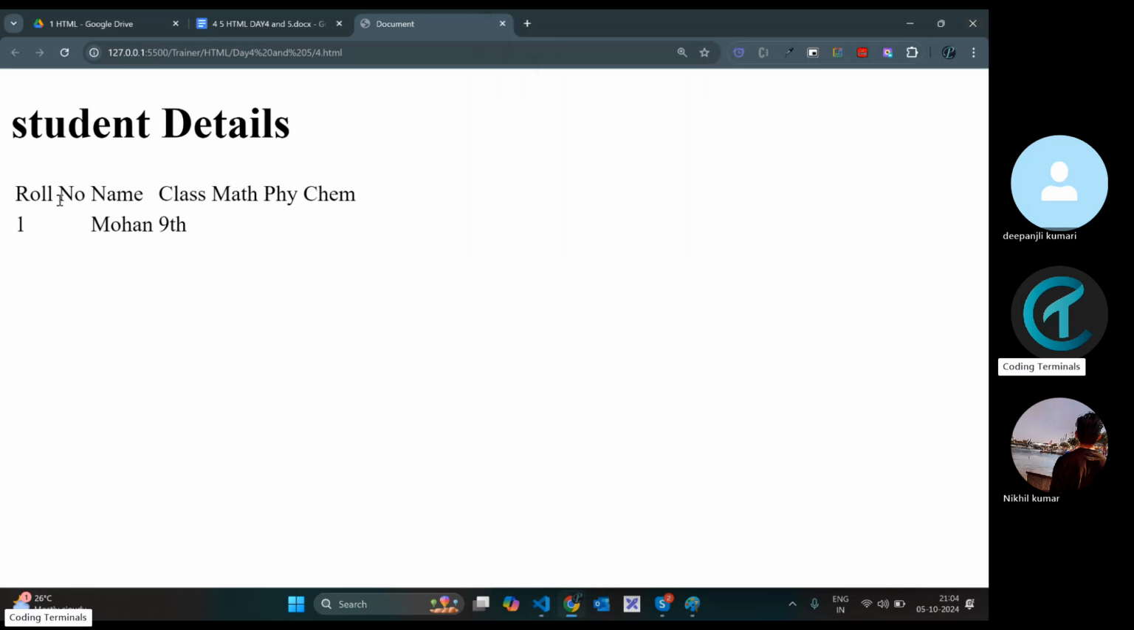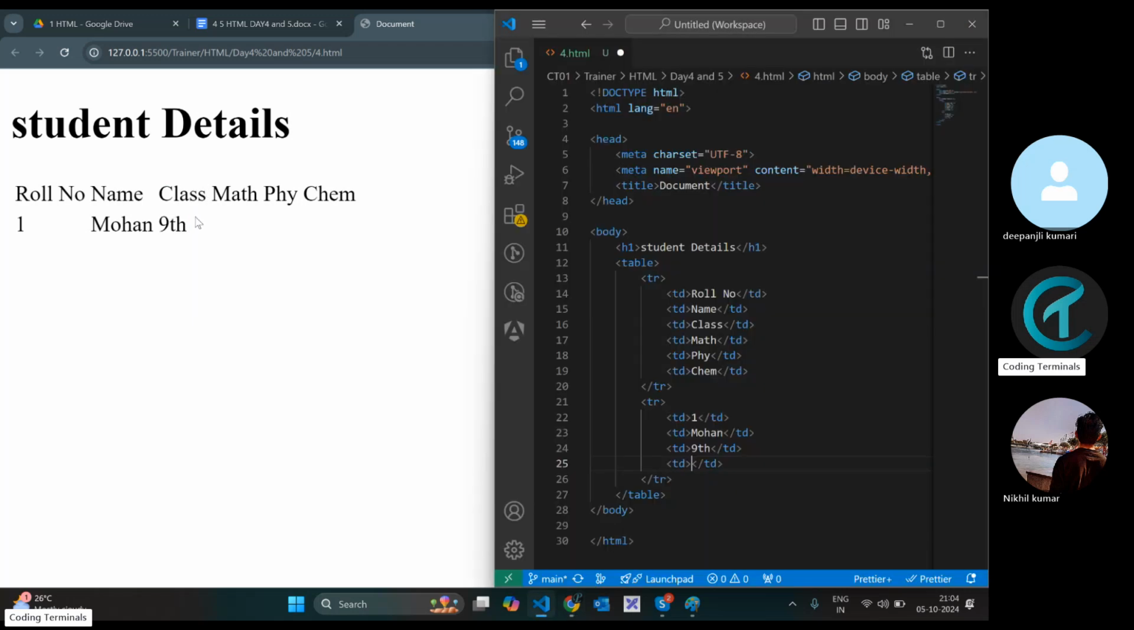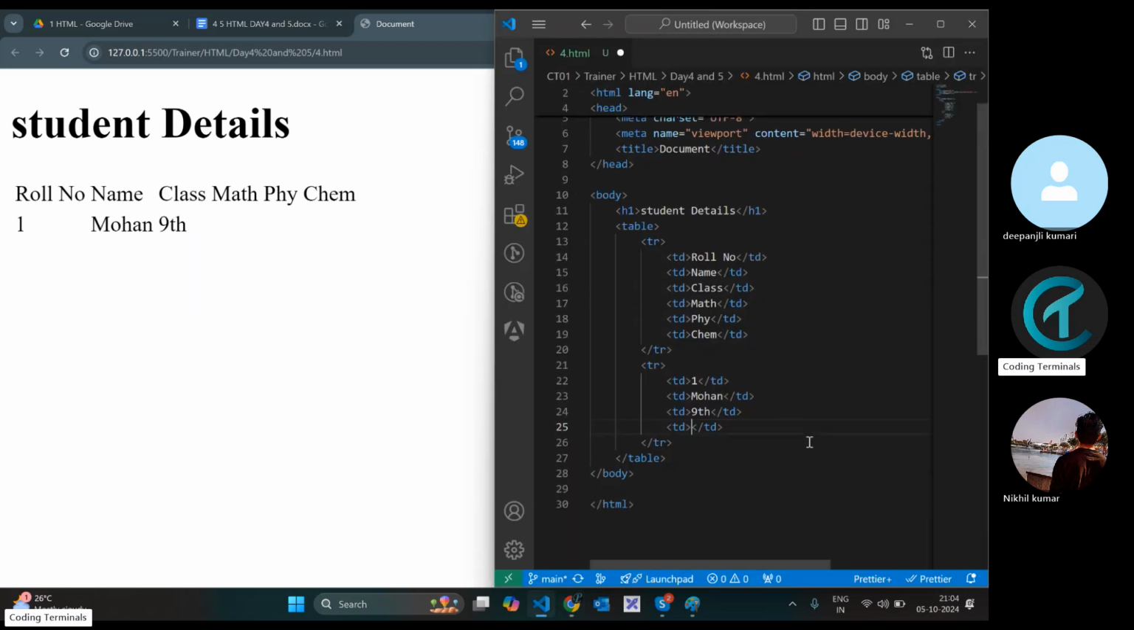Whatever data you are getting, on the top you have roll number, and the data you will get below that column. Like here you can see the class, here you are getting the data. It is below, it's not going to match in the previous row or somewhere like that. So 9th, now math marks, give 90